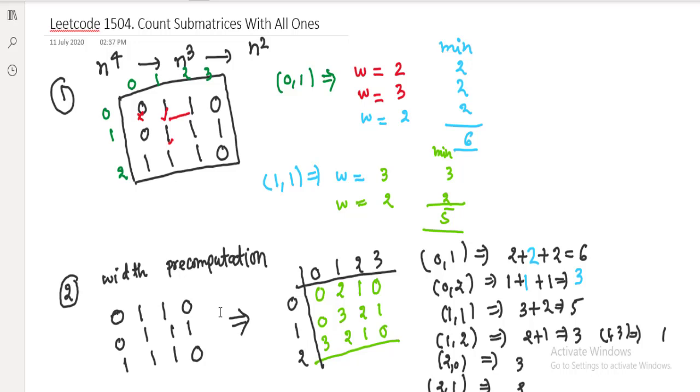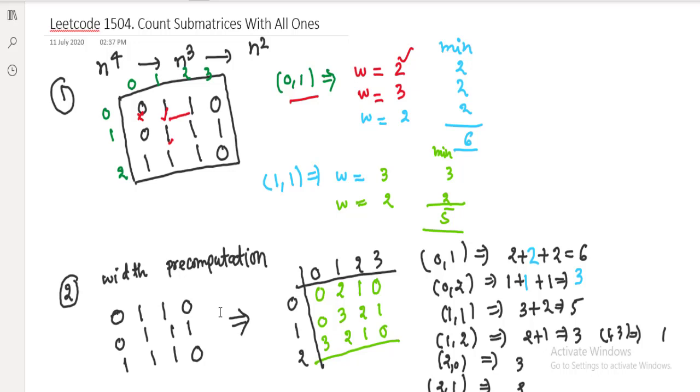Okay, now after finding the width, we'll calculate how many submatrices are there which start with this element. For example, let's say this element 0 comma 1, the width we can see here is 2. Now in order to find how many submatrices there are starting with this particular element, there will be first submatrix here, another will be here. It will be 2. So in this first row we get 2 submatrices. Now expand to the next row. Here will be 1 submatrix and this will be the second submatrix. We cannot go further because there is 0.